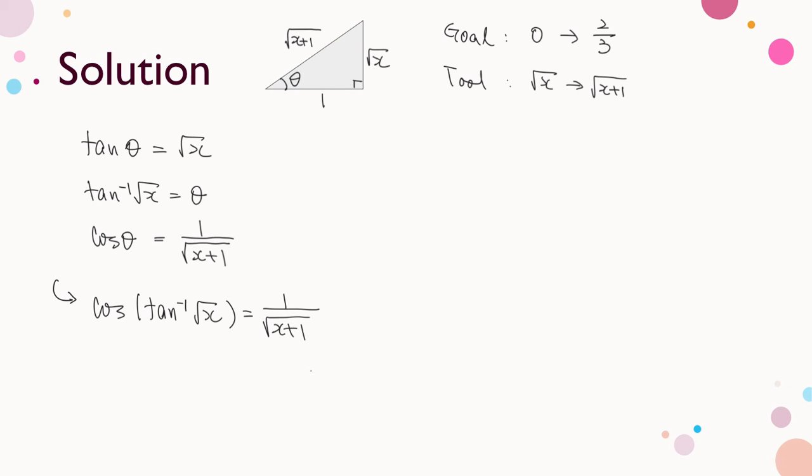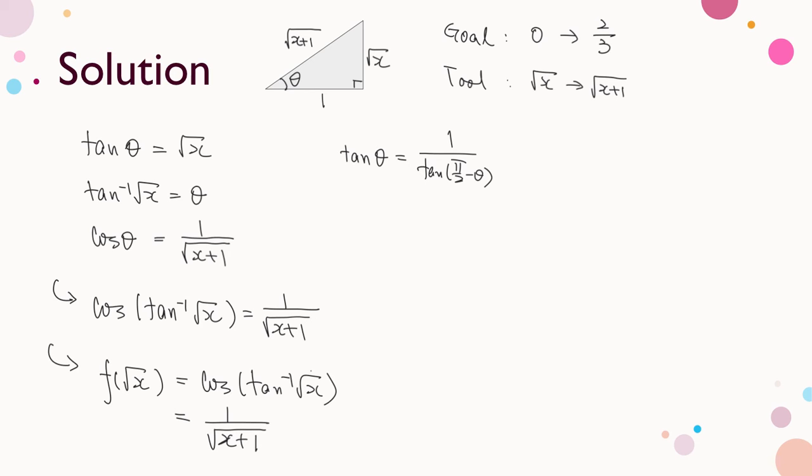Define f of root x. Now, we need to take the reciprocal, putting the denominator downside up. Thus, we consider tangent and the complementary angle. For reciprocal, for putting the complementary angle pi/2 minus theta back to theta,